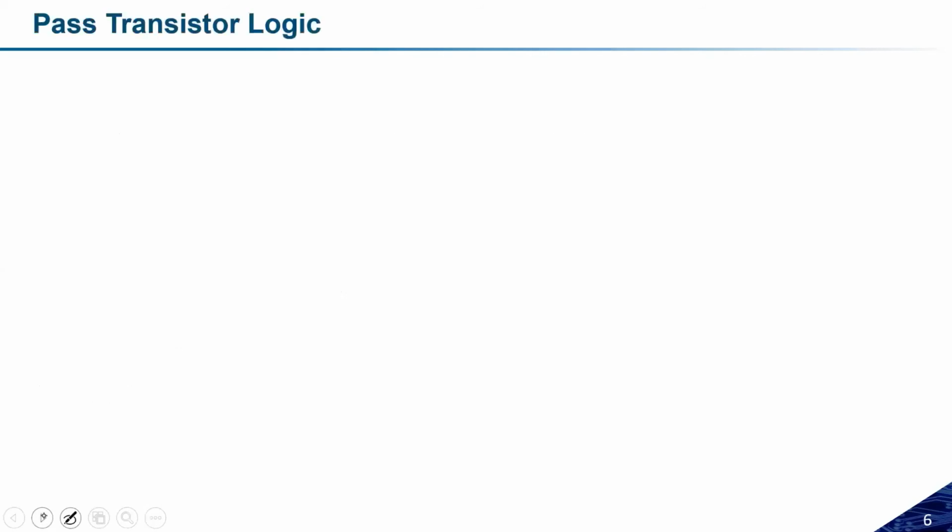Next kind of the logic style is the pass transistor logic. What this pass transistor logic is: if you can recall, we have studied two kinds of circuit. The first circuit was the CMOS based structure. The second circuit was the pseudo structure, or the ratioed logic. The ratioed logic was utilized to reduce the number of transistors, but the problem with the ratioed logic was that the power dissipation was more.